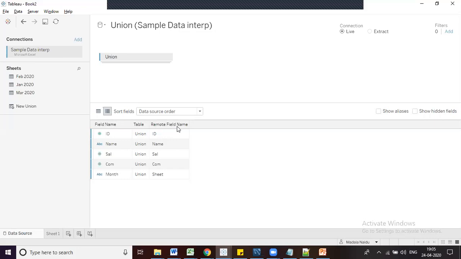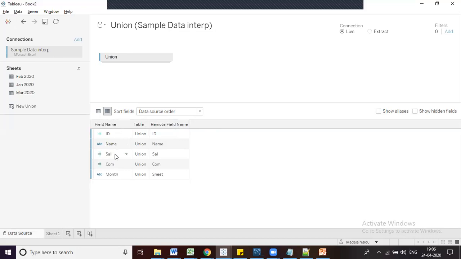The difference is that this field name is a Tableau field name, a Tableau side column name. And remote field name is a database or data file column name. It is the original column name, and the other is an aliased column name.